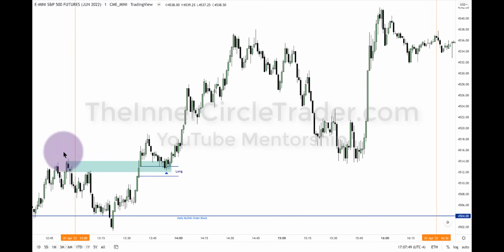All right, so we have a mitigation block here, and I teach that in the YouTube channel. But we have market structure breaking. We come back down into the mitigation block, and we also have the imbalance, fair value gap there. So we can be a buyer here. And remember, the